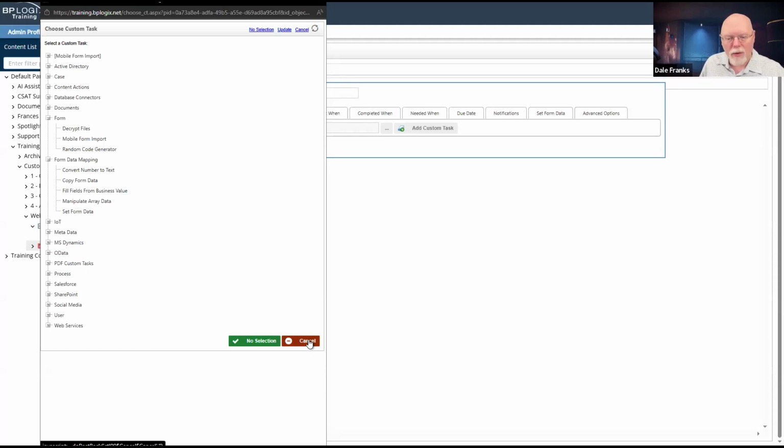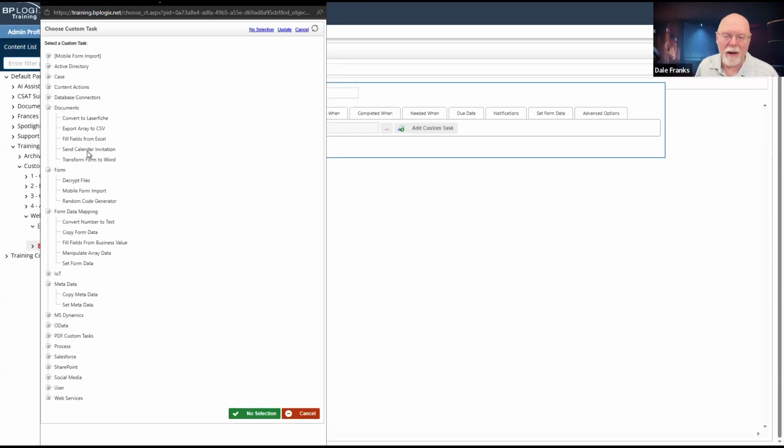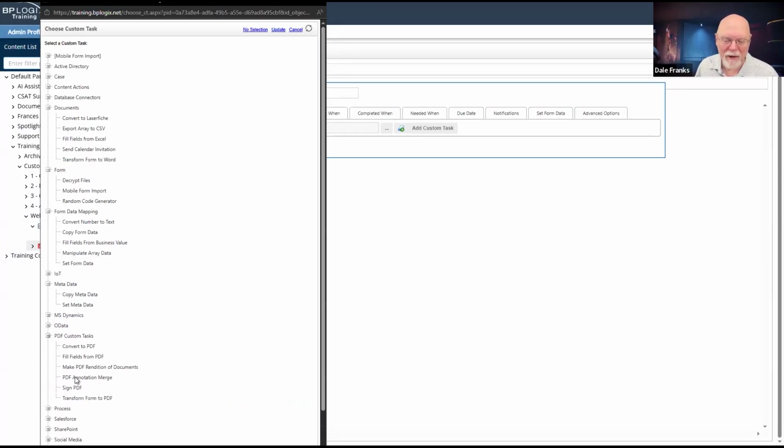There is one major difference to the context that a custom task assumes whenever you invoke it. So since we're here, let's just pull one. It doesn't matter which one we pull. Let's just do a PDF one.